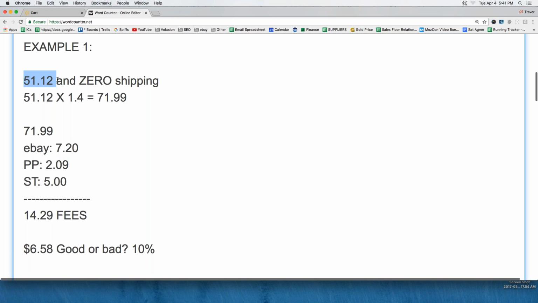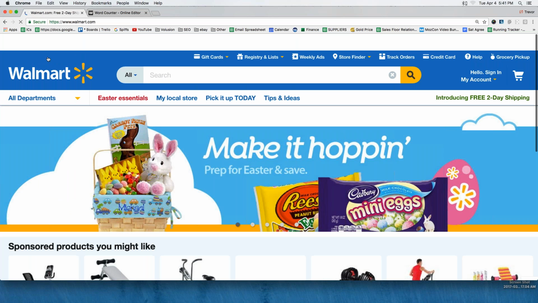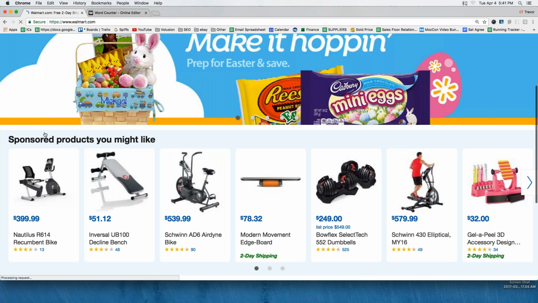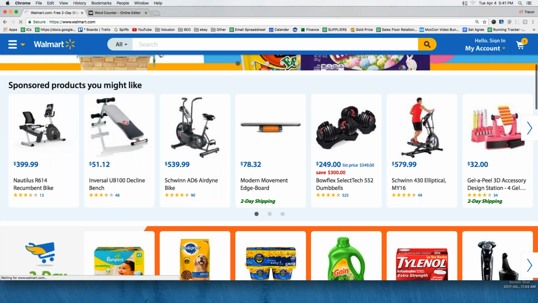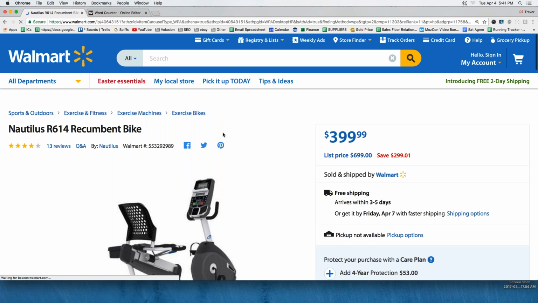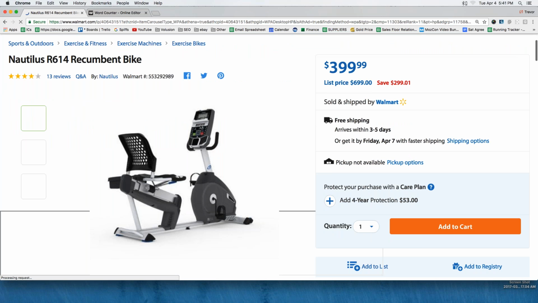So if you're looking for higher profit items and you think to yourself, well, $6.58, that's not worth my time, well, let's look at something else then. Let's look at something that's a little more on the expensive side, okay? Should we take this right here? Okay. So we've got this exercise bike listed at